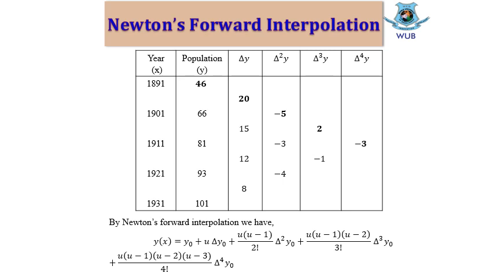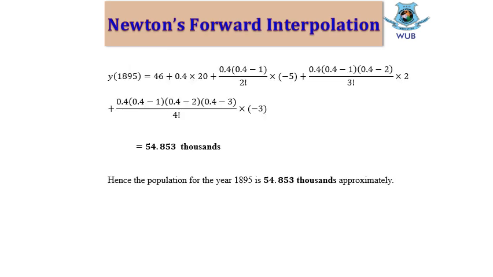5y, then we add just one more term, which is u into u minus 1, into u minus 2, into u minus 3, into u minus 4, divided by factorial 5, and multiplied by del to the power 5y naught. Okay, clear? And finally we get our result, which is 54.853 thousand, and we get our desired result in the specific year, which is